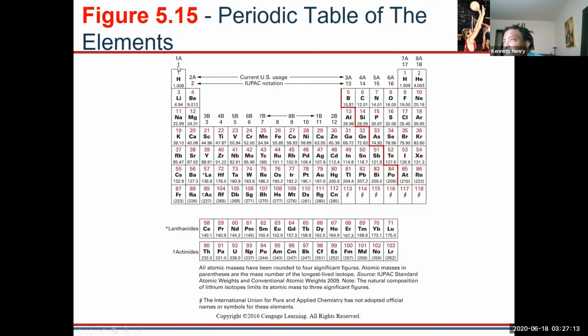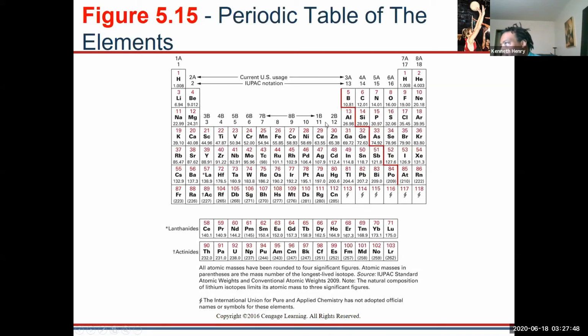So the IUPAC uses just straight numbers: 1, 2, 3, 4, 5, 6, 7, 8, 9, 10, 11, 12, 13, 14, 15, 16, 17, and 18 for your groups. Okay. But occasionally you'll find a really old periodic table that will have the 1A, 1B, and then you go 3A over here, 4A, 5A, 6A, 7A, 8A. And then down here, you start off with 3, then it's 3B, 4B, 5B, 6B, 7B, and then it gets